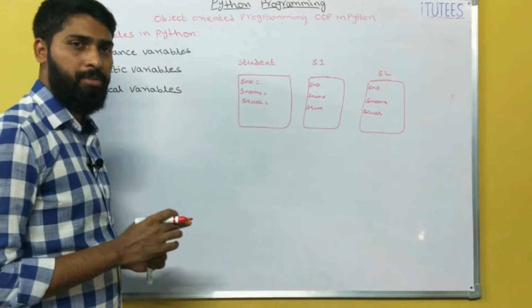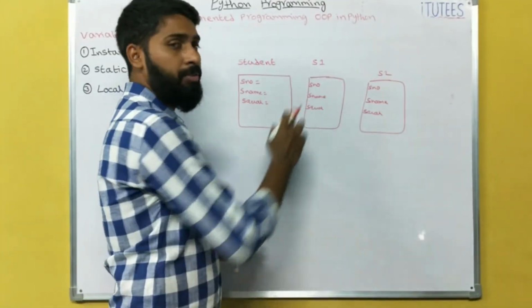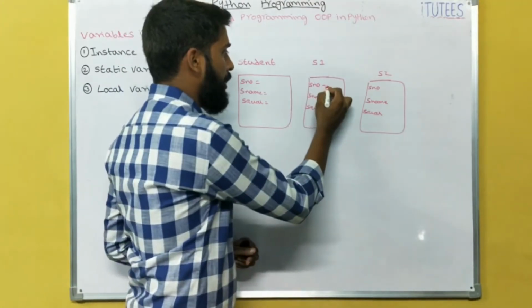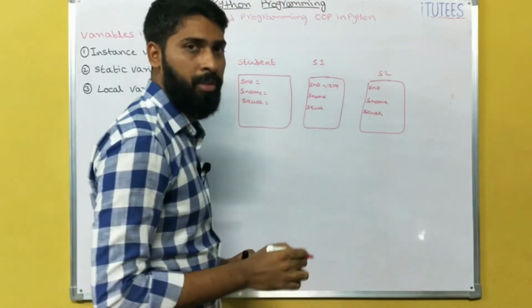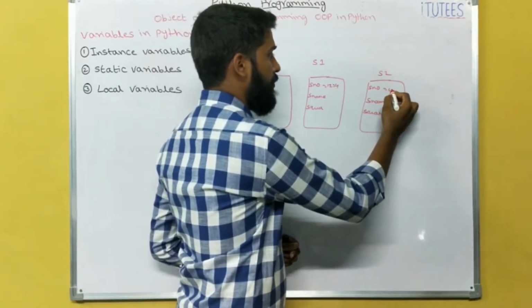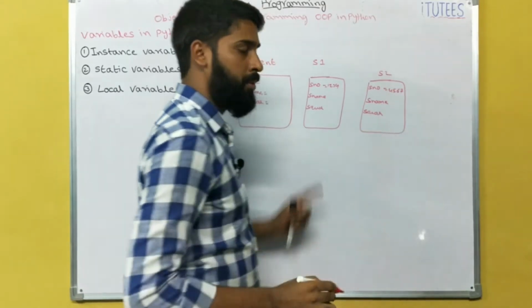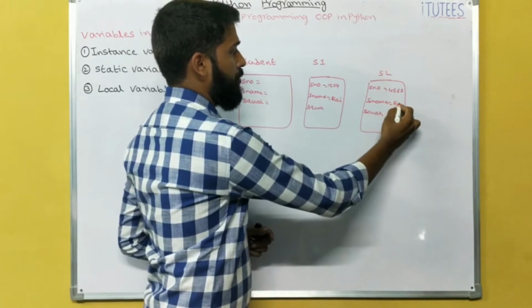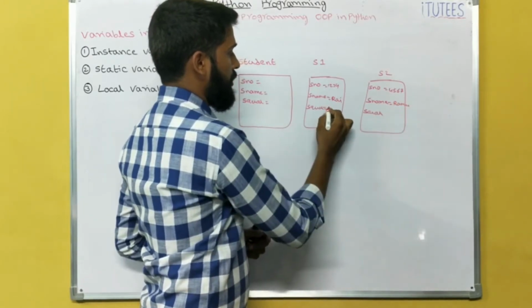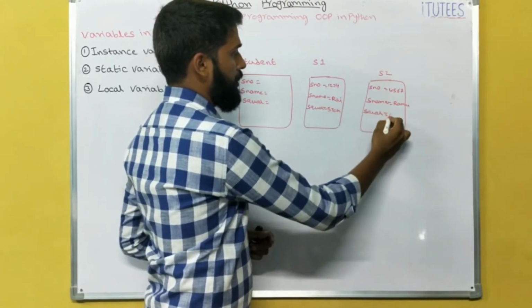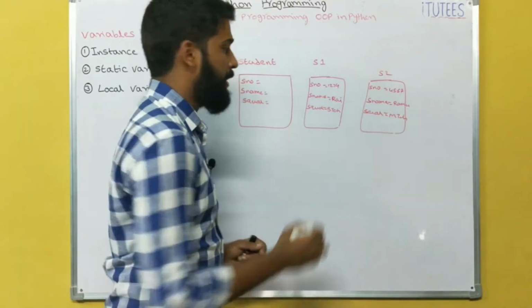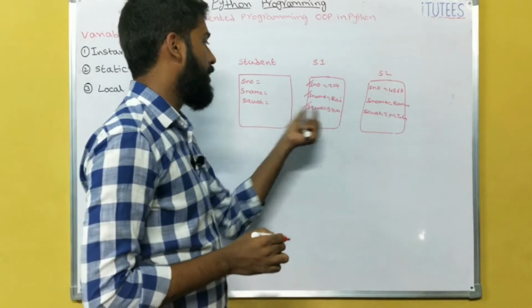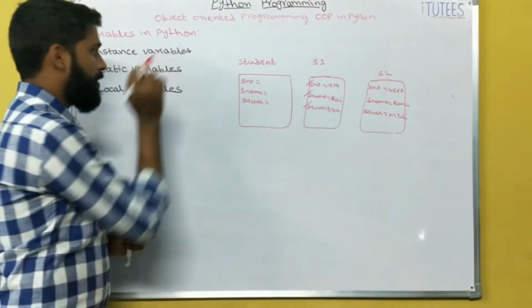The instance variables change from one object to another object. In this object I give 1, 2, 3, 4. For S2 I am giving 4, 5, 6, 7. For sname I give Ravi. In this one Ramu. For this BTech. So this is MTech. This snumber, sname, squalification are called instance variables.